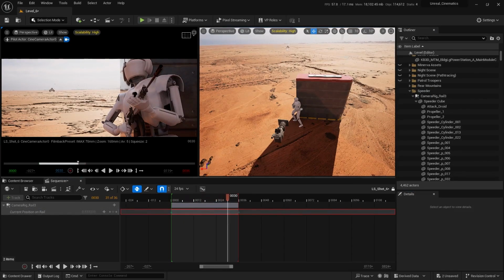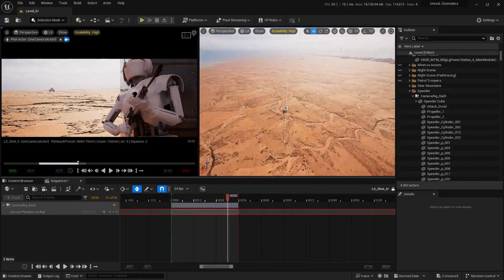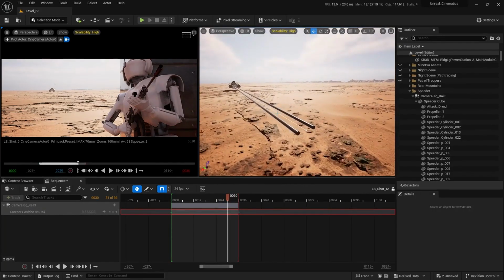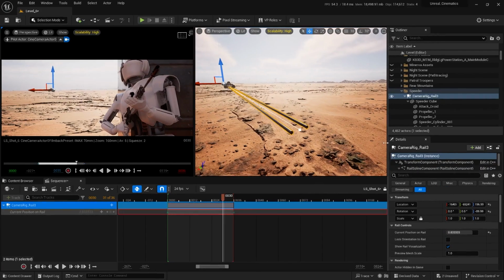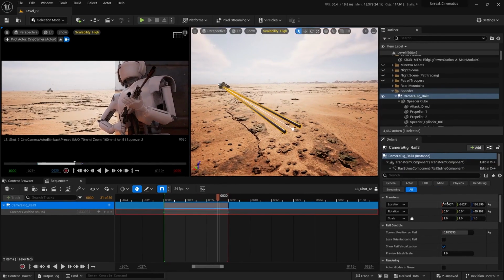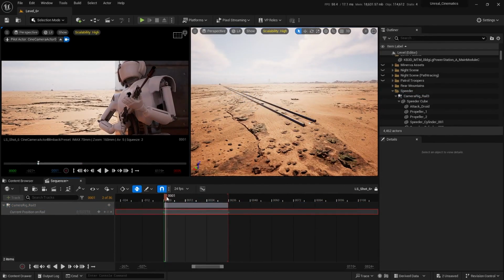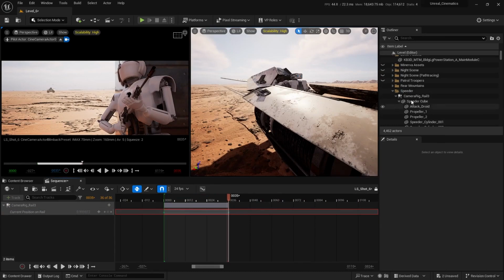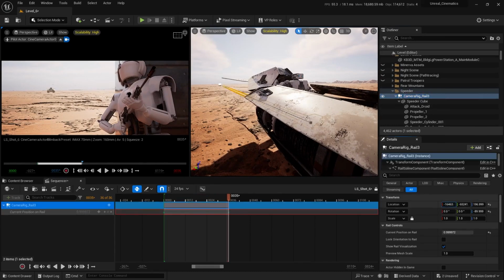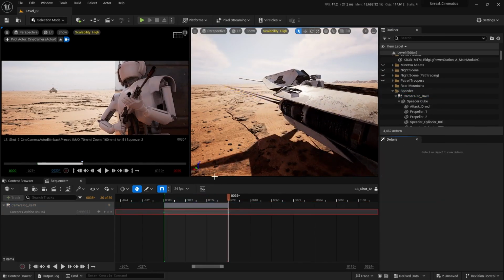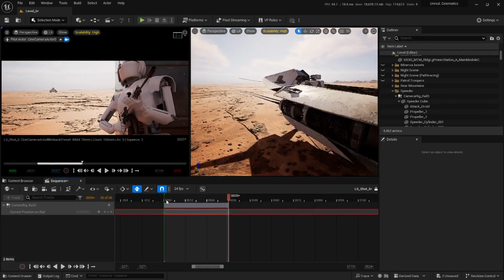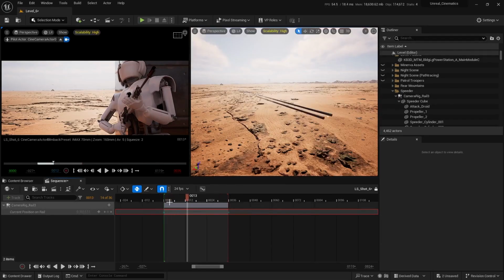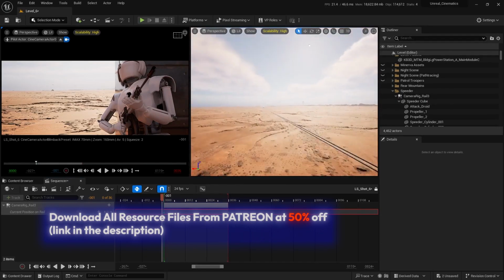No, I don't think it looks so good. I'm going to select this track once again, and let's bring up the details panel here. Let's move this on the x-axis to just about there. Perhaps a little bit more to just about there. Yeah, I think it looks good, but I think what we can do here is, let me select